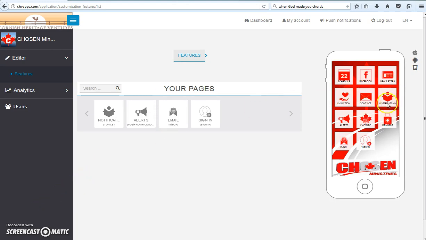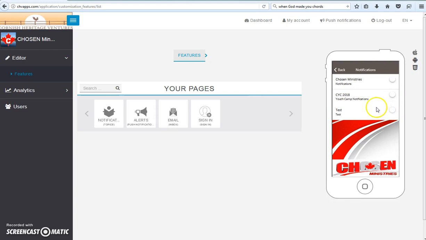For instance, in this particular app, we have notifications that are Chosen Ministries notifications and CYC, which is the Canada Youth Camp notifications. Then we also have one that's just a test. So as you can see, I have all three of those on, and I'm just going to leave them like that. So we're going to go to alerts,